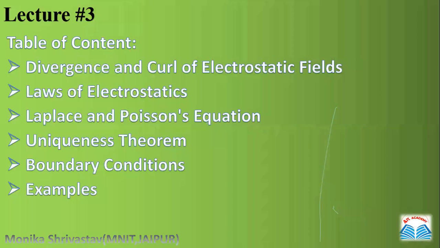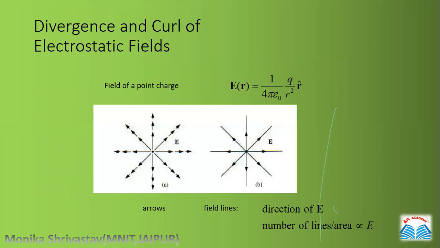I will explain all these with examples: Laplace and Poisson equations, uniqueness theorem, and boundary conditions. These topics will help you solve some 5-mark problems in your exams. So we will start with divergence and curl of electrostatic fields, and we'll start with the format